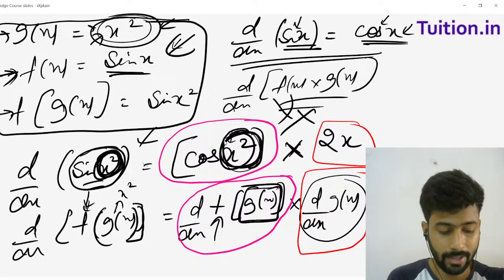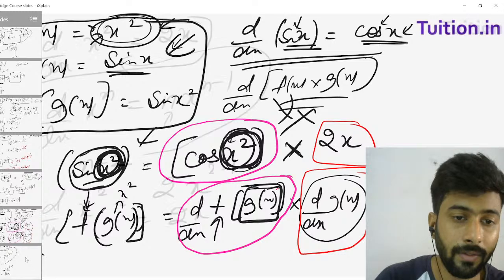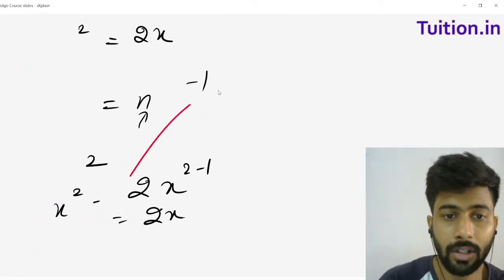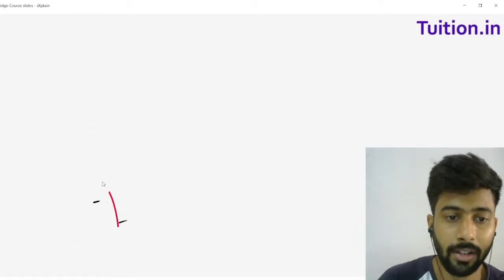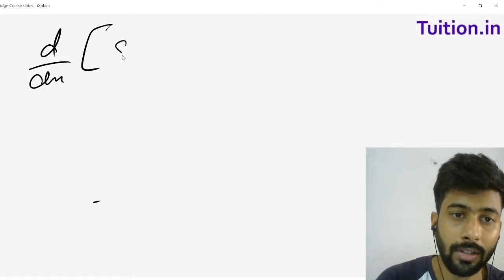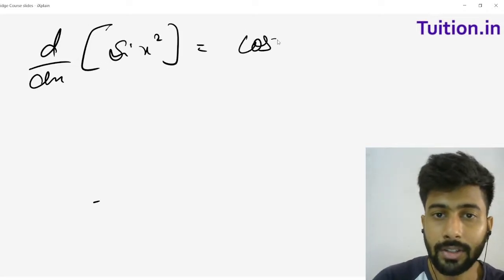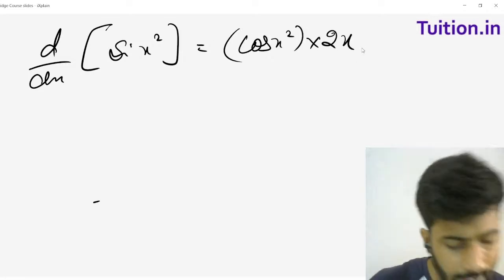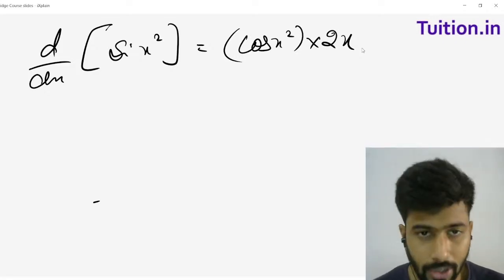Yes, Tejasri, your answer is right. It is cos square into... the answer to the question is what Tejasri has written in the chat. d by dx of sine x square is nothing but cos x square into 2x. Okay. So today I took a lot of time to explain chain rule,